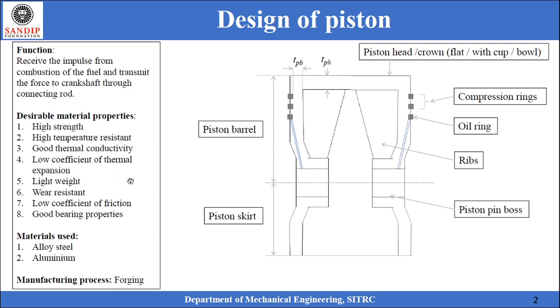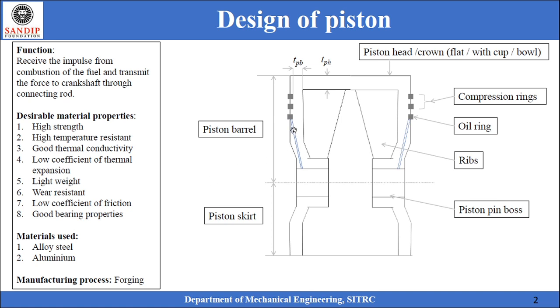In order to keep the inertia mass of the piston as low as possible from balancing point of view, the material of the piston should be light in weight. It can be noted that during most of the operation of an engine, the connecting rod will be at an angle. Since the connecting rod is at an angle, it will always push the piston onto the walls of the cylinder, which is called as side thrust of a piston.